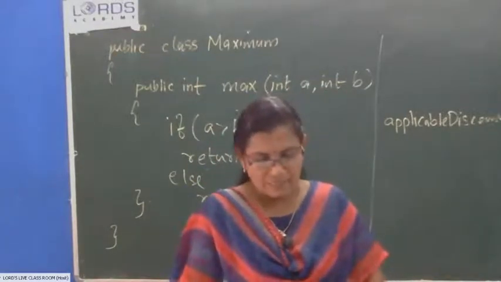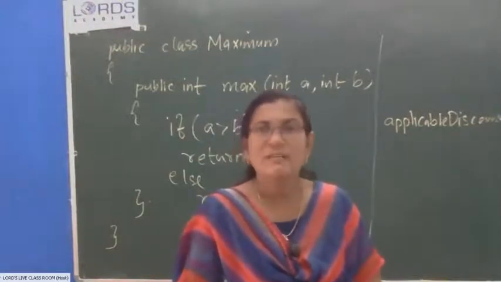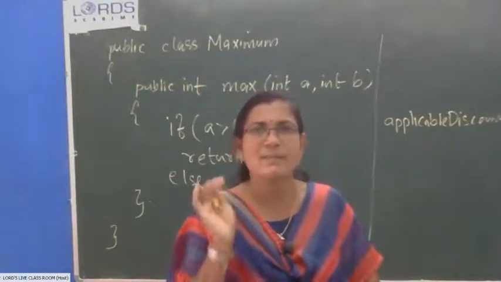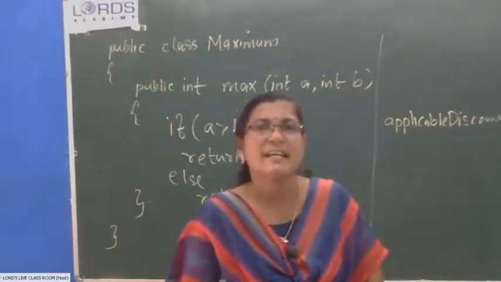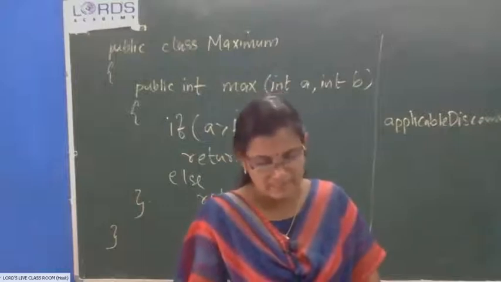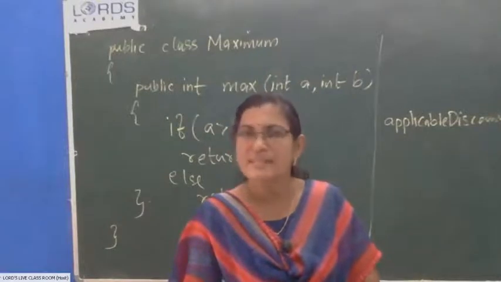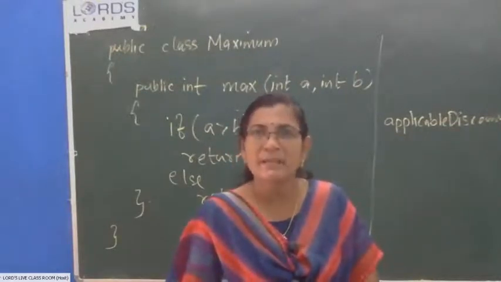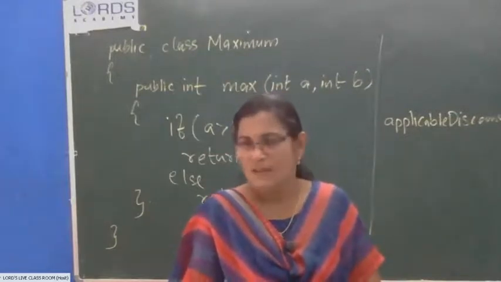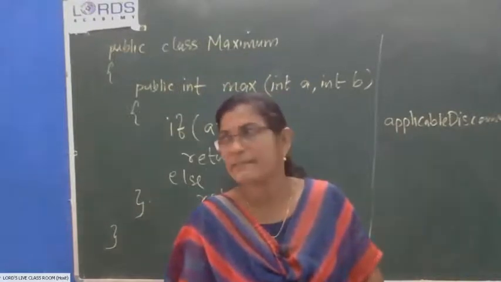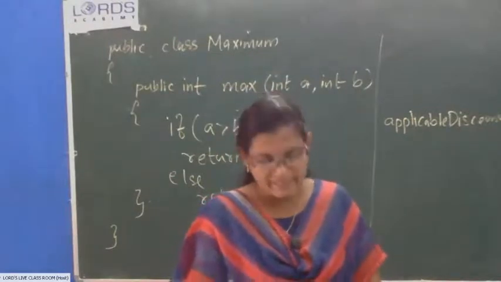What are the conditions? If the sales amount entered by the user is greater than 18,000, the user will get 15% of discount. Let us assume that this is the percentage returned by the method. Assume that I purchased for 20,000 rupees. So in sales amount, the value entered by me is 20,000. Is it greater than 18,000? Yes, it is. So what will be the discount given to me? I will get 15% discount.